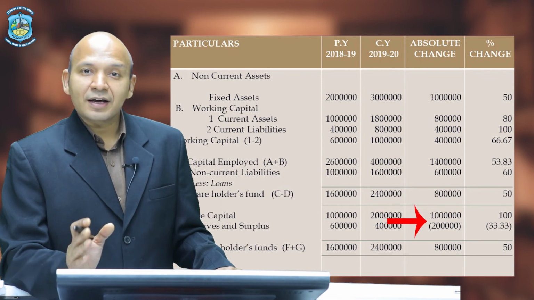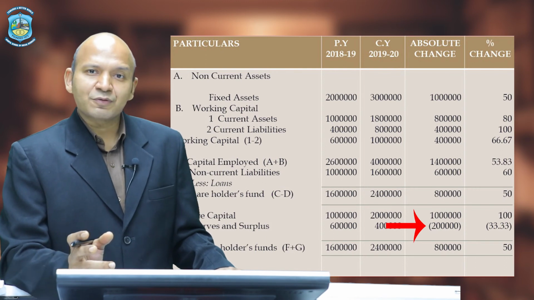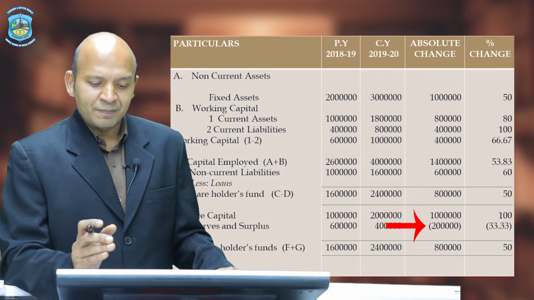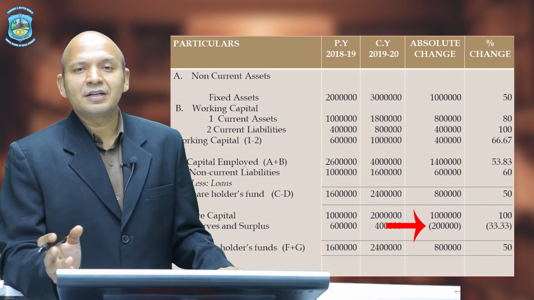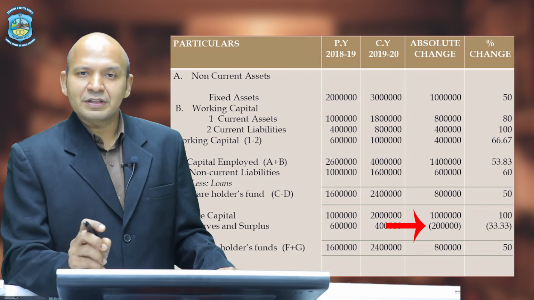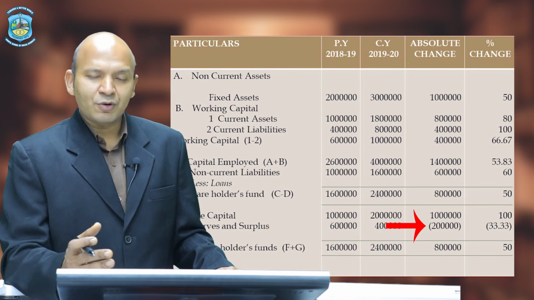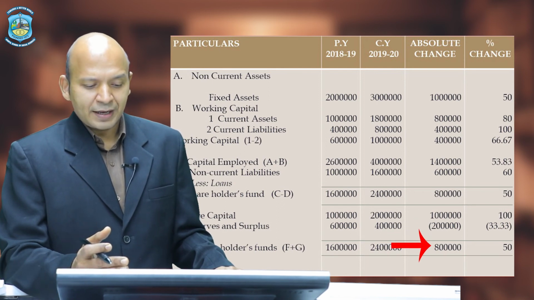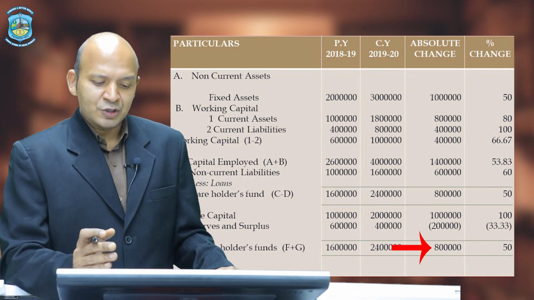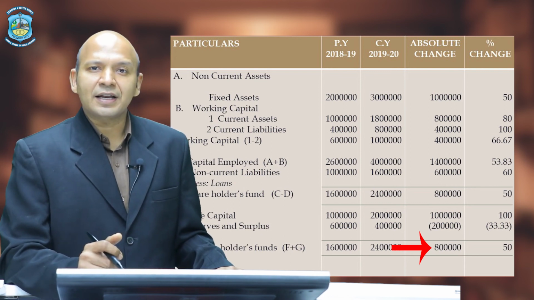Reserves and surplus. Current year, the amount is a smaller amount, it is 4 lakhs and reserves and surplus for the previous year, it is 6 lakhs. The formula remains the same, current year minus previous year. So 4 lakh minus 6 lakh, the difference amount will be negative 2 lakhs. This negative 2 lakhs to be shown with a minus sign or it has to be shown in the brackets. Same way, we need to apply this on the totals as well. 24 lakhs is the shareholders fund for the previous year and for the current year it is 16 lakhs. So 24 lakhs minus 16 lakhs, absolute change in shareholders fund, it is 8 lakhs.